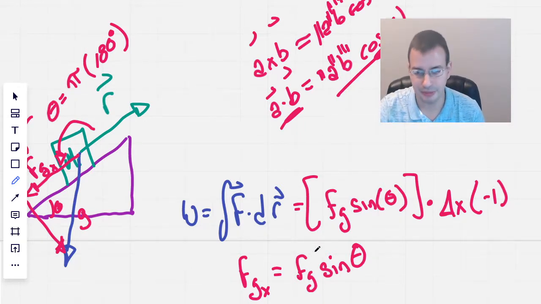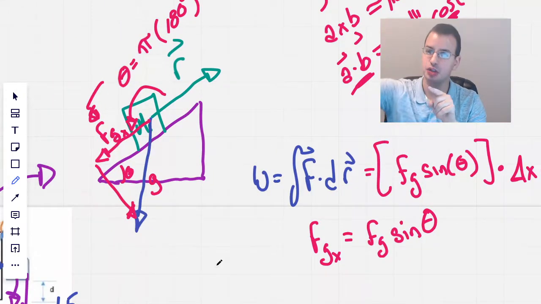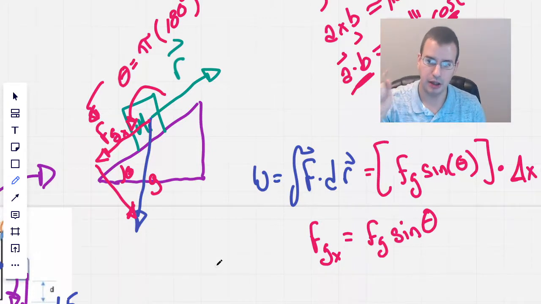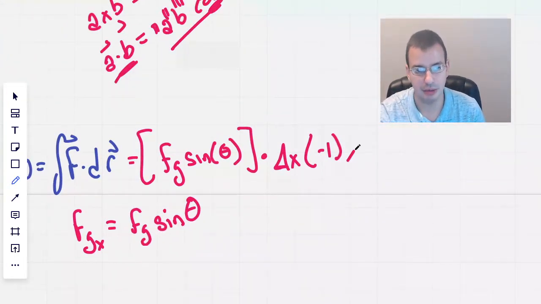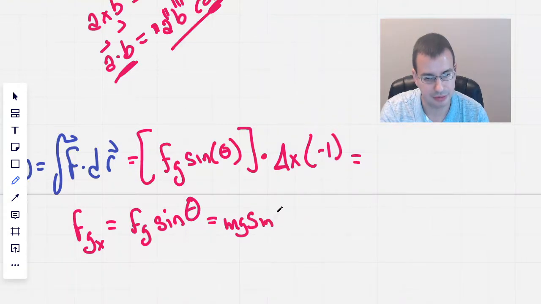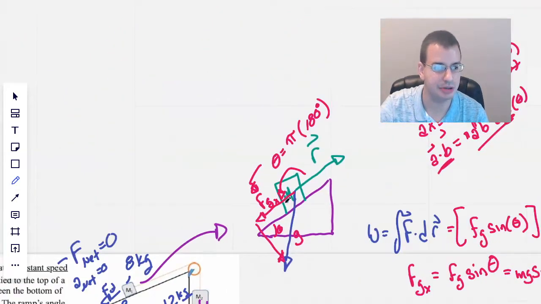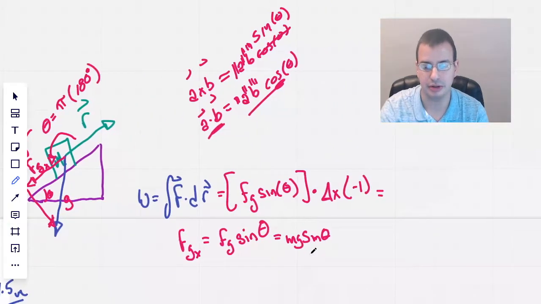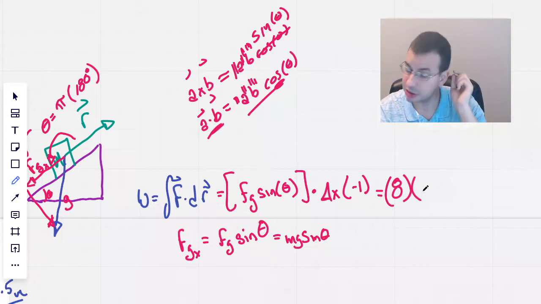due to gravity. Okay, so basically what it's saying is that the tension in the string is overcoming the force of gravity. So looking at this in a little bit more detail, the force of gravity will be mg sine of theta. So mass is 8. Did we say 8? I'm pretty sure we said 8. So we have 8 times